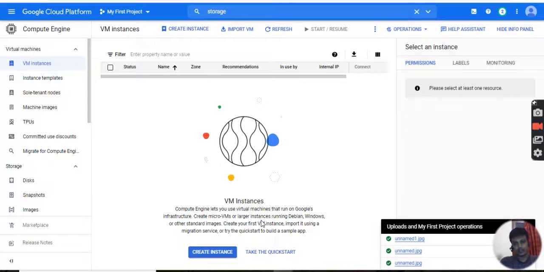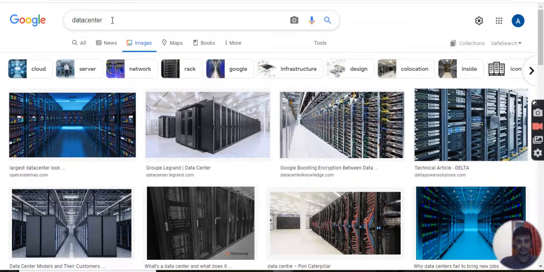Means any software, any server that you deployed, any website, as I said, Amazon, right? How are you able to access that? You just click on this link and you open that, just like a data center. When I type it here, data center, I am able to open this. But how is it coming? Actually, this all link, the